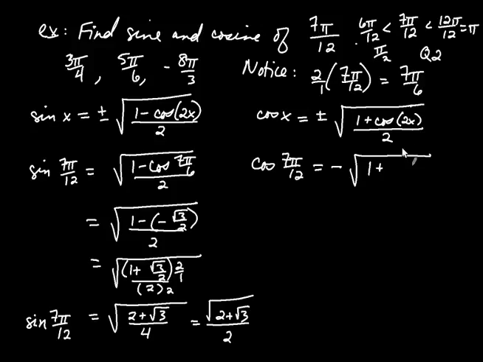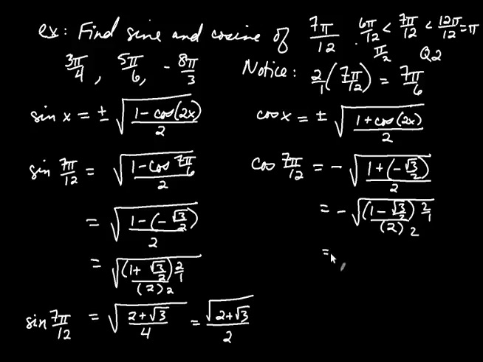So 1 plus cosine of, this is going to be 7 pi over 6 for the same reason it was over here. And we saw that cosine of 7 pi over 6 is negative root 3 over 2. So it's 1 plus negative root 3 over 2, and then all over 2. So we're looking at negative square root of 1 minus root 3 over 2, all over 2. Once again, multiply top and bottom by 2 over 1. So it's going to be negative square root of 2 minus root 3 over 4. And then finally, if you break that up, you're going to get finally that cosine of 7 pi